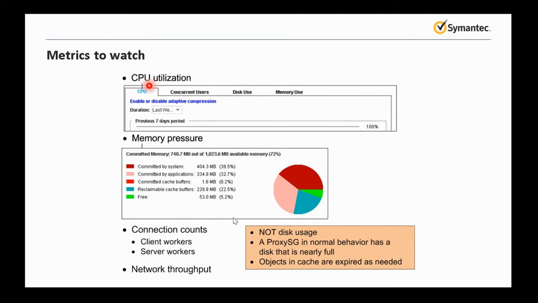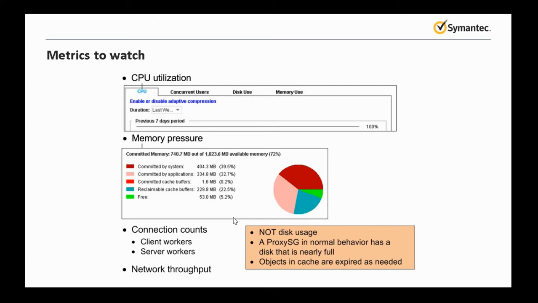So we will look into each and every one of these, especially the CPU and memory, throughput not so, and connection counts. But what I'm going to do is, during the sysinfo module, I will look deep into the sysinfo and show you how you can find out if you are dealing with a disk-related issue. Okay? But first things first, let's discuss the CPU